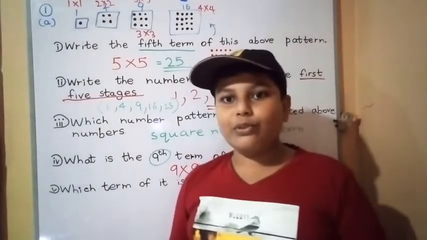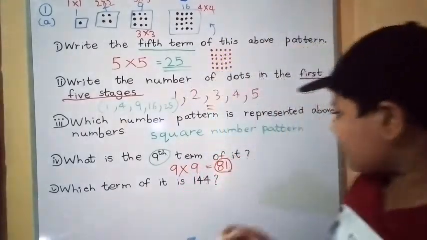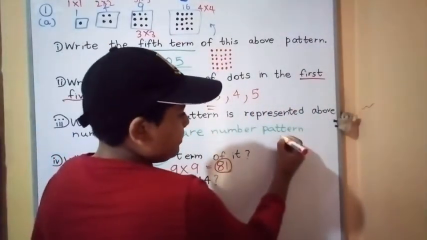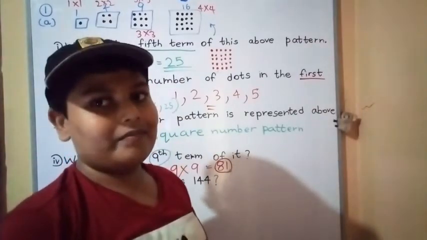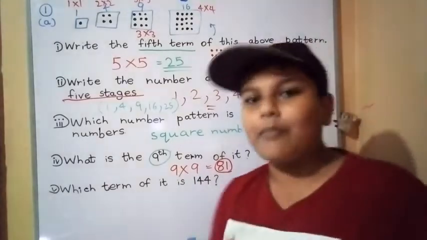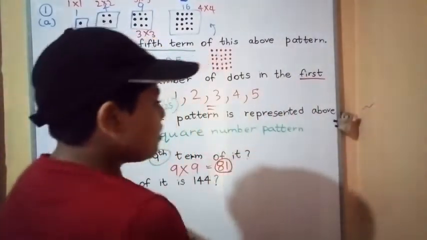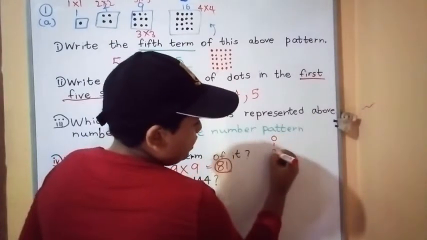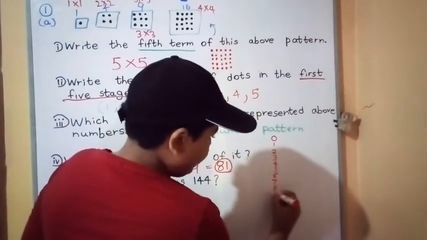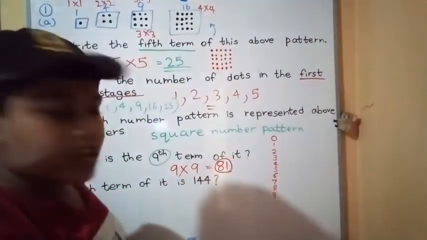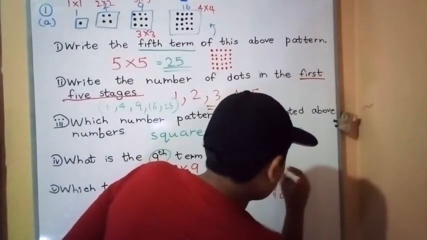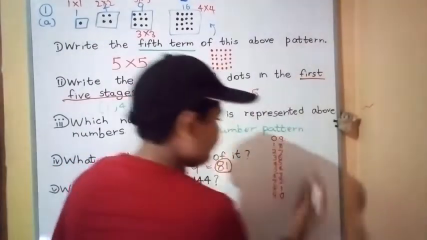Now I give a hack for you, Grade 6 guys. If you don't know the 9 multiplication, you can use this. I lastly also explained this trick in the mathematics magic tricks, right? Now, you want to write 0, 1, 2, 3, 4, 5, 6, 7, 8, 9. Right? You want to write the opposite side also.